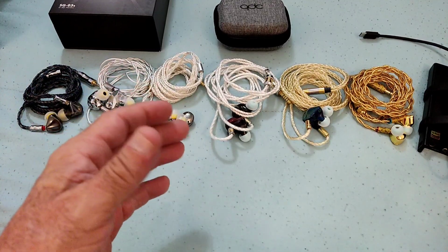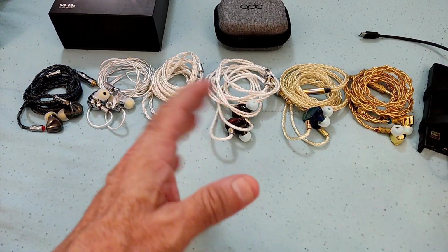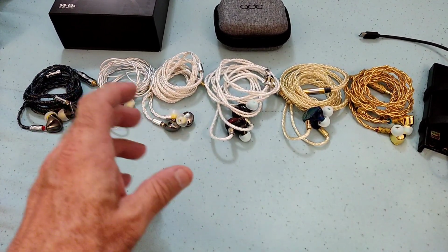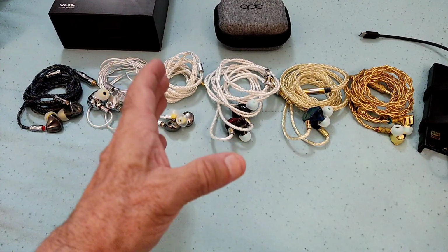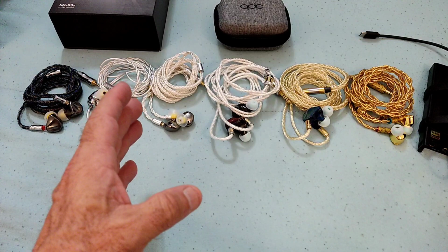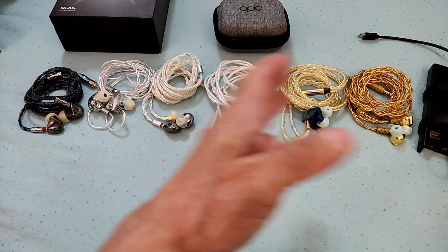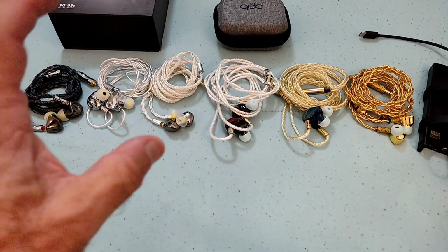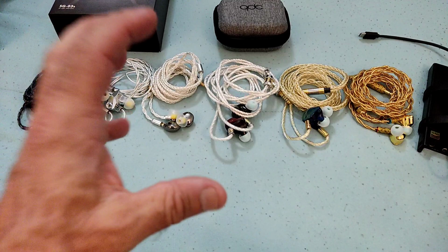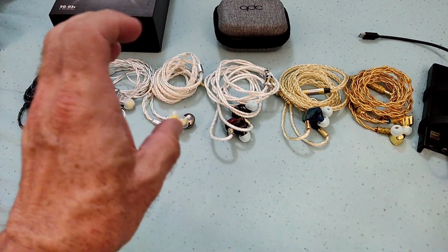fair. Have Tangzu done what they proposed to do right? Done it properly? Yes, they have. That's it. Okay, it's an IEM that has a specific market, a specific niche, a specific group of people that will like it, and it's not an IEM that is for people that are wanting the ultimate perfection. And that's exactly what's in front of us. Every single one of these IEMs is about being fun. Period. Okay? Blonde, it had